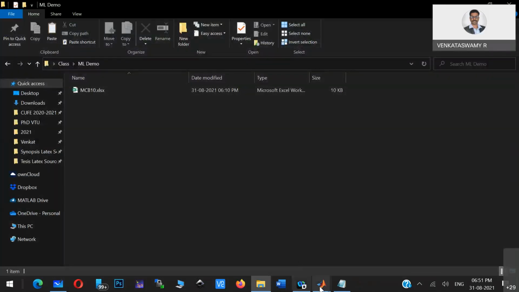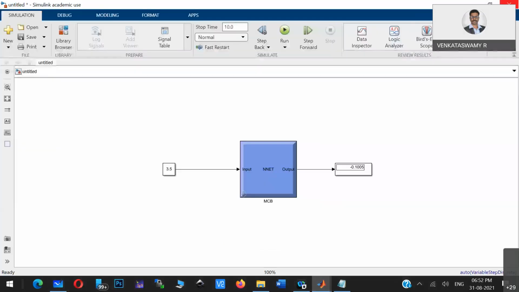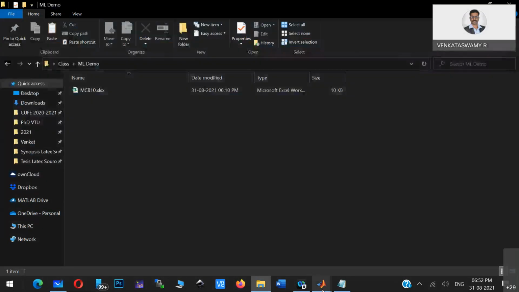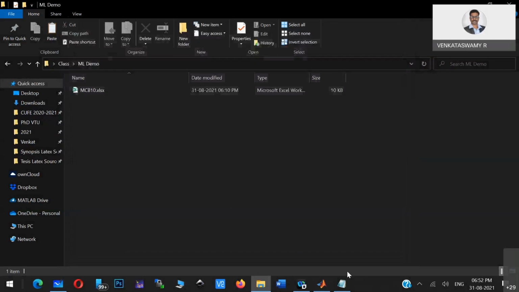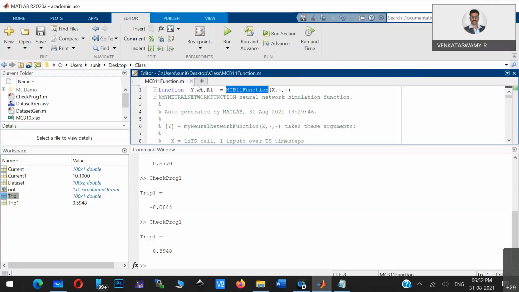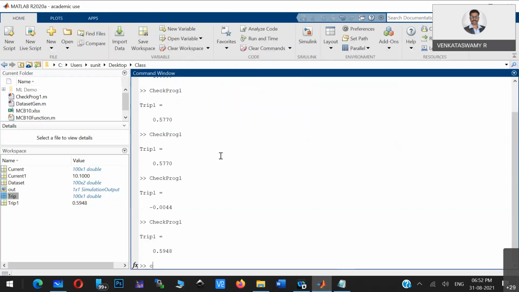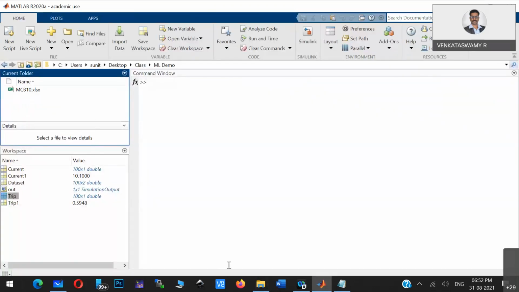Now I'll start the classification learner, and I'll try to demonstrate it. I'm closing all the things and beginning from here. Now I'll open that folder.